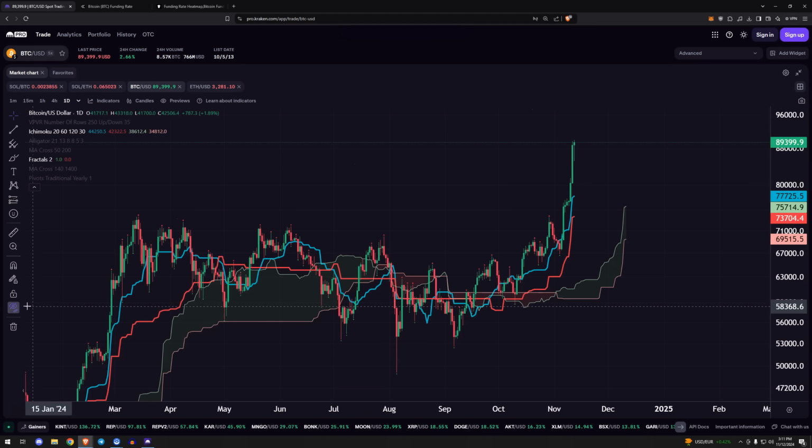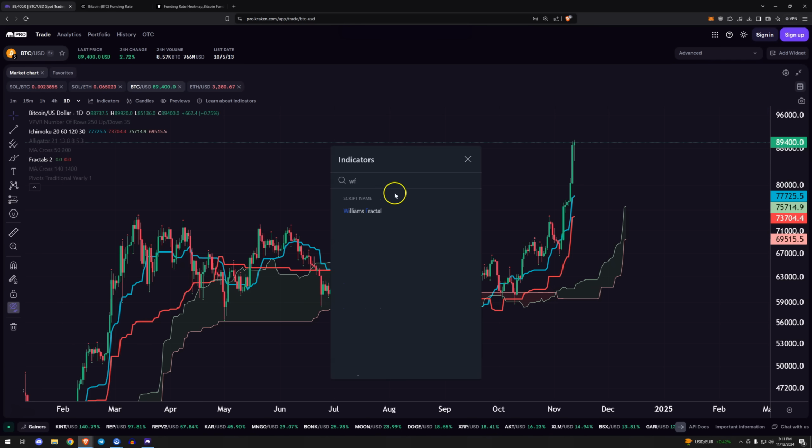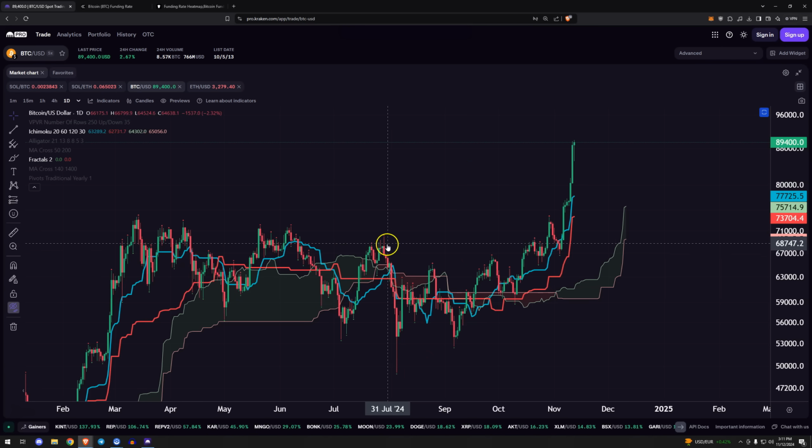The cloud here isn't really going to help you too much on targets. That's why I like to use the trailing stop loss. It's called Williams fractals. You can just type in WF, it comes up. These are going to be tough to see on the video, but you can see these little hats or levels here, and it will automatically place these levels where it makes sense to do so for high, low, high, or low, high, low. And that's what I like using for trailing stop losses, because then I don't have to think about it. It's automatically there. If it's on the chart, it's not some subjective plan, right? It's automated. So currently the trailing stop loss is at 67.